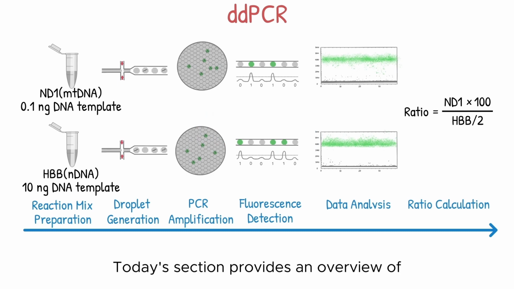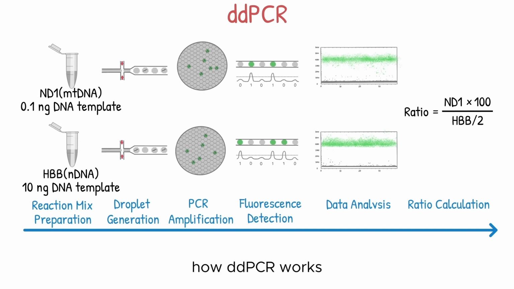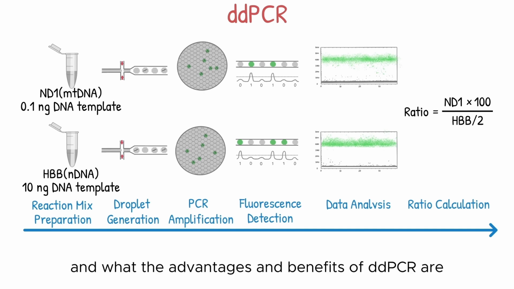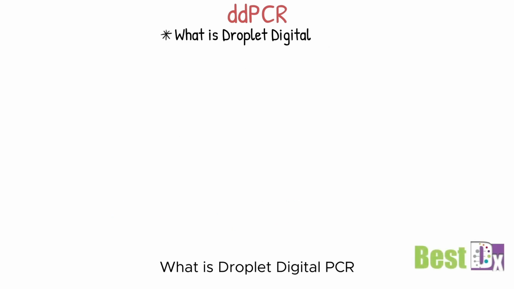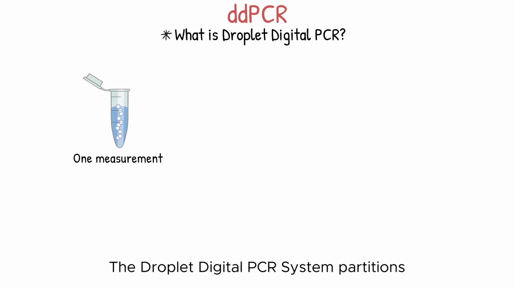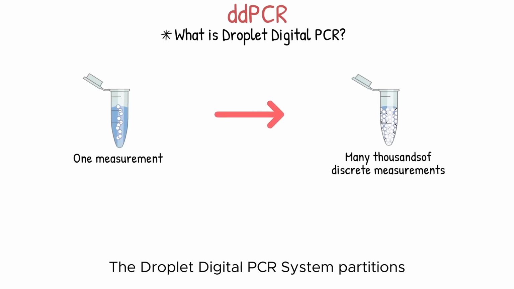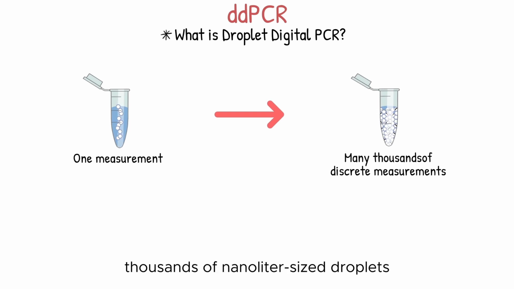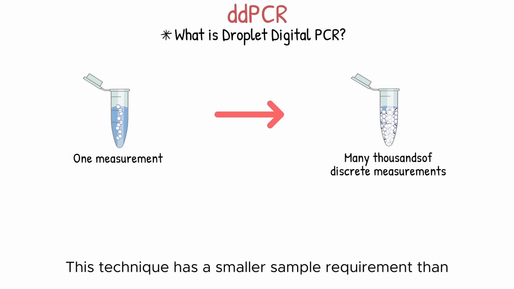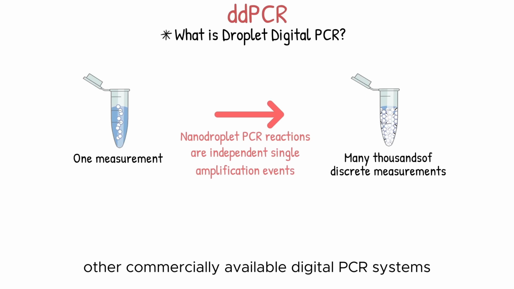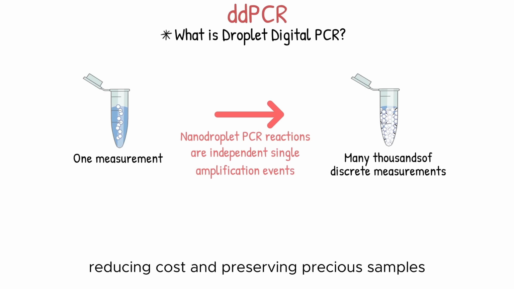Today's section provides an overview of droplet digital PCR technology, how ddPCR works, and what the advantages and benefits of ddPCR are. What is droplet digital PCR? The droplet digital PCR system partitions nucleic acid samples into thousands of nanoliter-sized droplets, and PCR amplification is carried out within each droplet. This technique has a smaller sample requirement than other commercially available digital PCR systems, reducing cost and